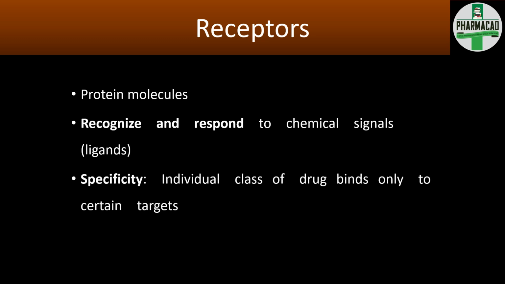The receptors are highly specific. So whenever the drug molecule is entering in our body, they specifically bind to one class of receptors only. However, it is not 100% specific. So there are chances the drug molecule may bind to some other class of receptors as well. This will lead to incidence of side effect.